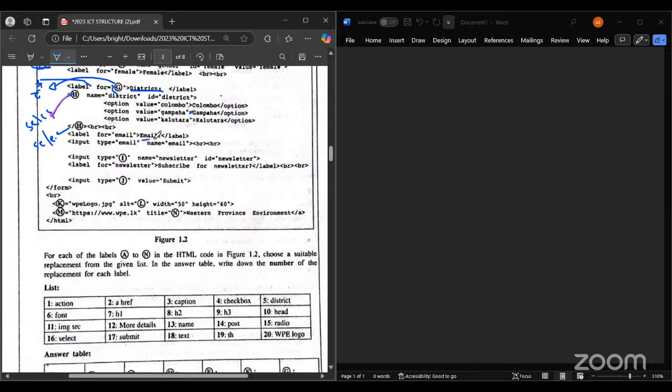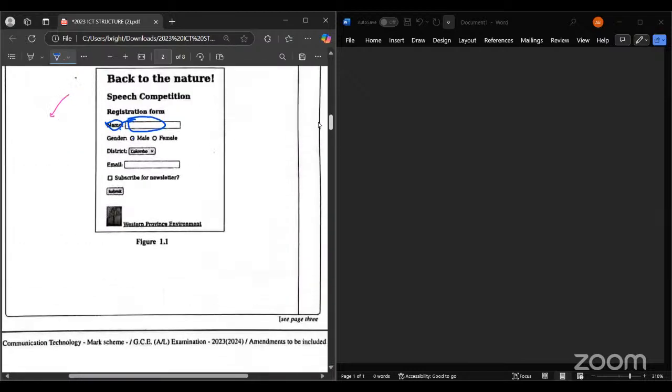Then label for email, email. So this is what is displayed on the web browser. This is what is displayed nicely on the web browser. And for this we are creating a link, and this link is joined with whatever input type is available. So email,